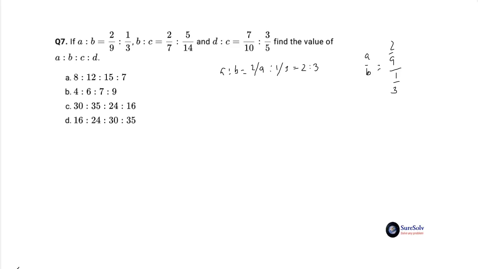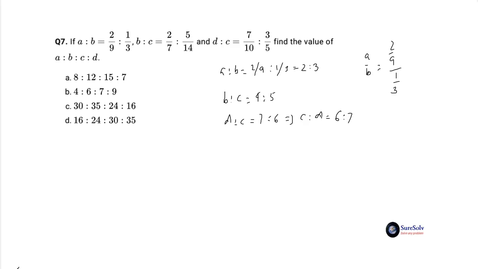In the same way, multiply the fraction ratio values of the second and the third ratios by 14 and 10 respectively to convert these to b is to c equal to 4 is to 5 and d is to c equal to 7 is to 6 or c is to d equal to 6 is to 7. The ratio of d is to c is converted to c is to d at this stage itself to make the ratio ready to be joined at the last stage. You could see that c would be the common variable during the last stage ratio joining, so that it must appear as the numerator of the third ratio.